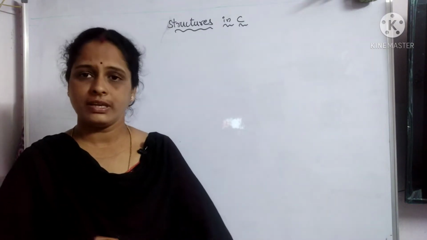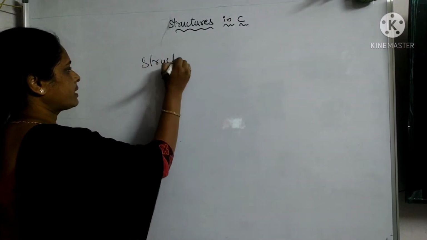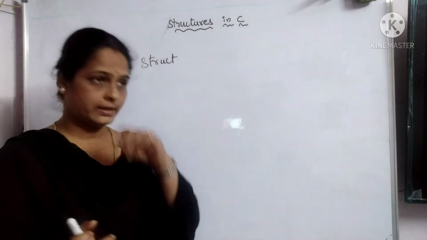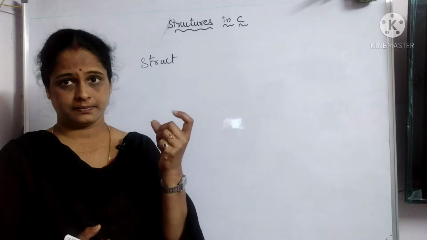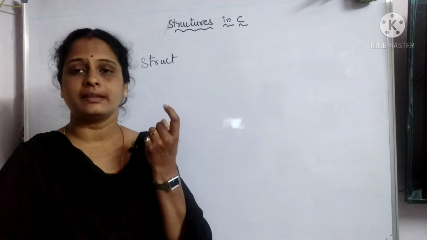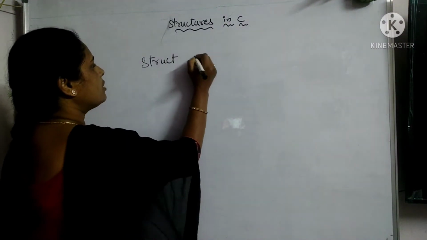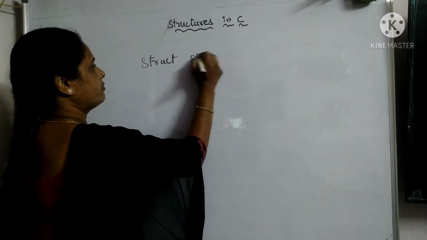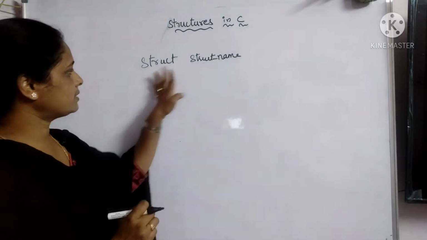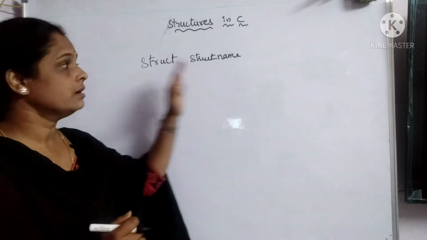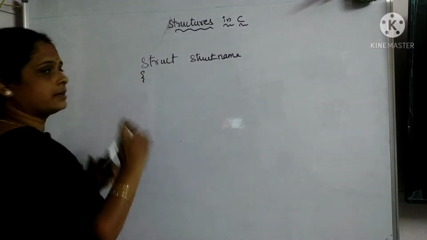For this we need the keyword struct. To create a structure we need the keyword struct followed by a tag. Tag is nothing but the name which we are giving to this block or to this structure. So suppose we take struct name, as I am writing the syntax for it. So struct, you can write tag name or struct name here. Then do not end it with a semicolon. Here open the curly braces.